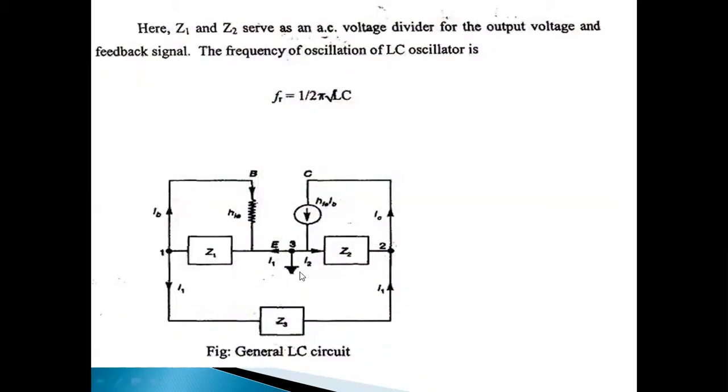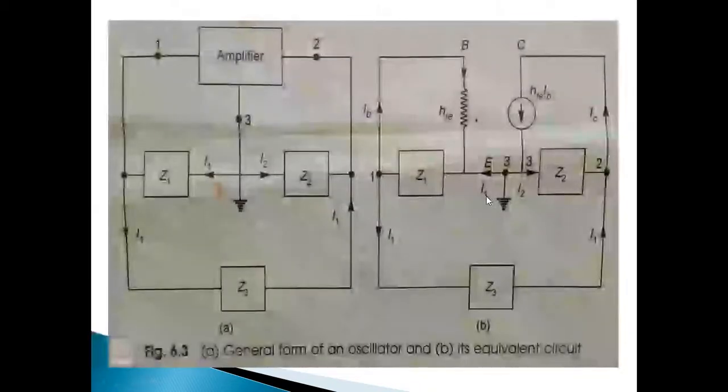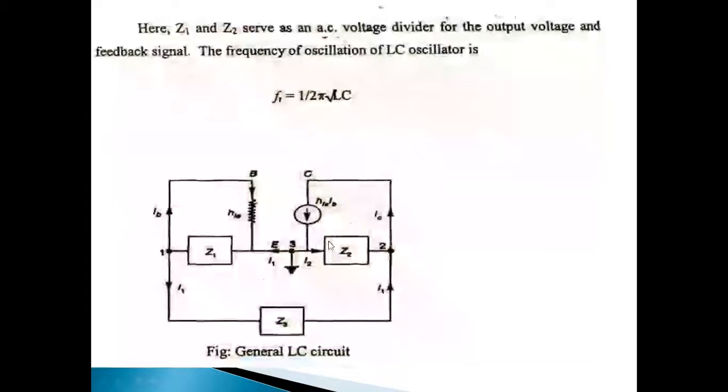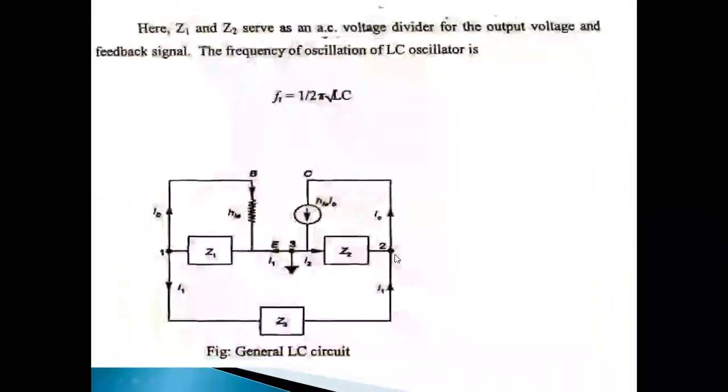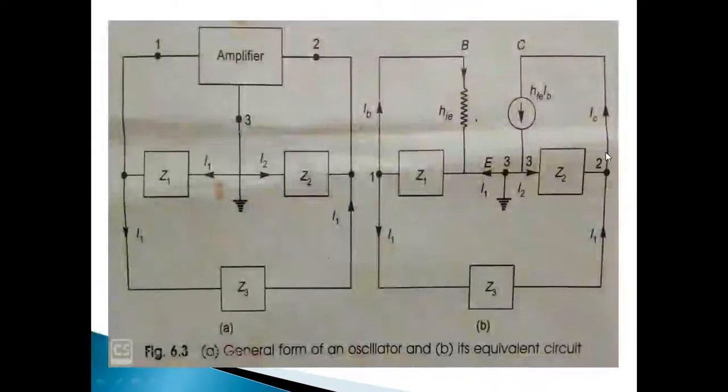This is the circuit which we have seen previously. So this is the circuit. So first one is load impedance. So here to derive the load impedance or to derive the output impedance, we have two impedances, Z1 and HIE. So normally load impedance means output impedance. This is the output part. So this is the output impedance or load impedance. So normally load impedance is the parallel combination of